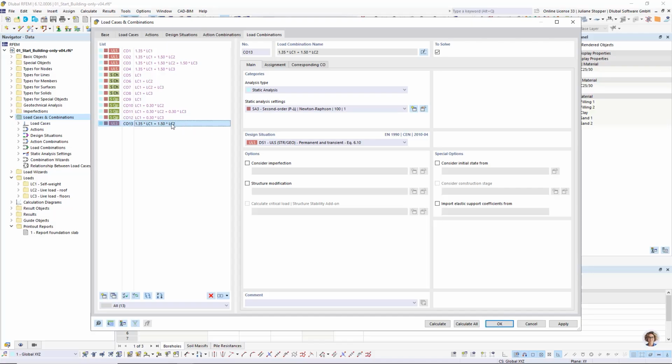To show you, here I have a combination, and we have here these special options, and here we can see "import elastic support coefficients from". So what is happening if I activate this setting here? This setting causes that for the current combination the advanced half space method will not be used. Here the finite element analysis will be done with the